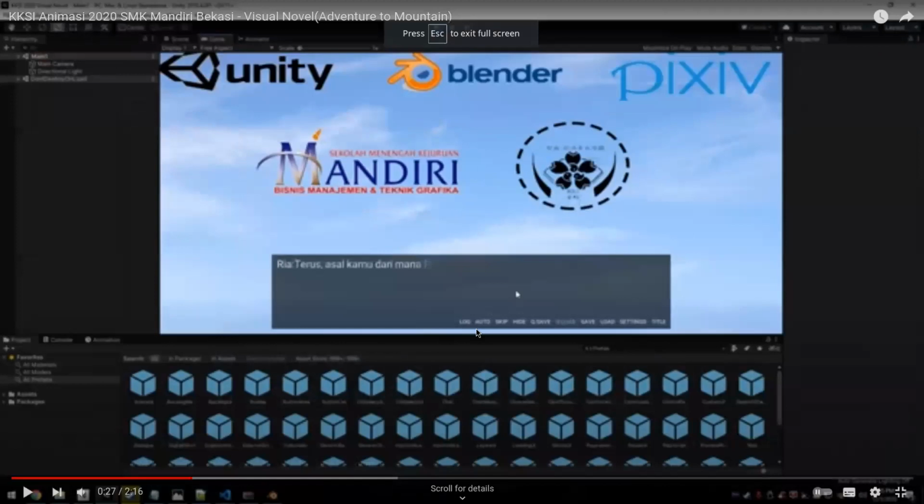So actually, the visual novel is where you can choose your path. For example, there are two options. When your friends ask you to go out at night, you can choose whether you want to go out or not. If you want to go out, that means you have a different path and a different story. If you prefer to stay at home, you also have a different story, which will affect your final ending. We call this a visual novel.